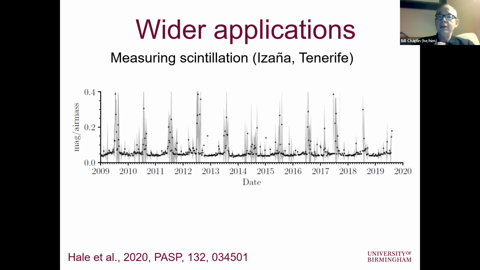We can then get really good measures of atmospheric extinction and sky quality at these various observatories. So here's an example of a data set going back over 30 years or so at Izaña, our site in Tenerife. You can see here the air mass and extinction, in magnitudes. This is an extreme example of an observatory where these are episodes of what are called calima. This is where sand from the Sahara Desert blows out over the Canary Islands, and you pick up these really pronounced events where the extinction changes quite dramatically.